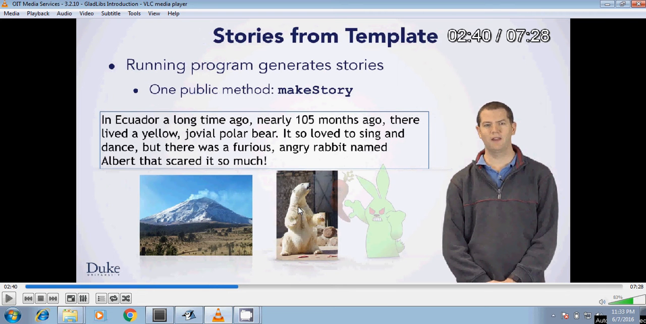In Ecuador, a long time ago, nearly 105 months ago, there lived a yellow jovial polar bear. It so loved to sing and dance, but there was a furious, angry rabbit named Albert that scared it so much. So essentially, by using the same story template, we end up having different stories by just changing certain words